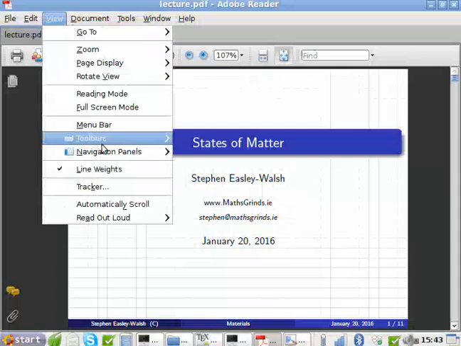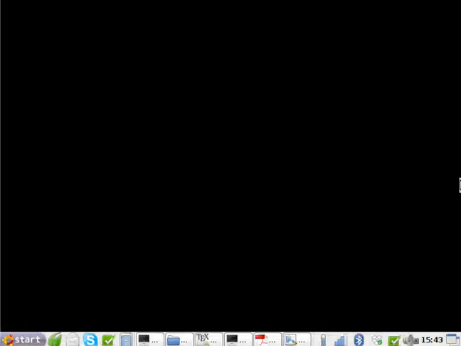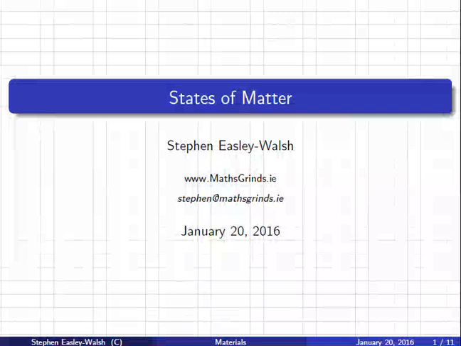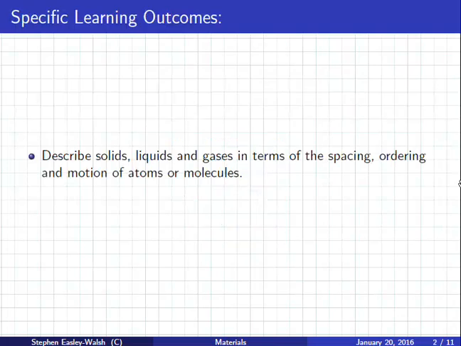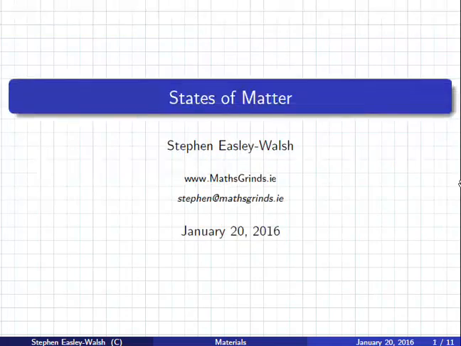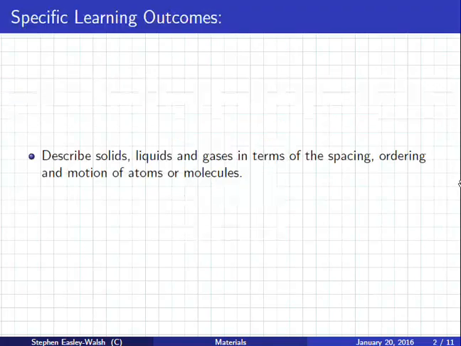Alright, so write this down now. Okay. States of matter. States of matter. Got this? Yeah. Okay. Right. So there's not the two. We can get 2 lessons done because there's not a lot in each lesson. So, states of matter.